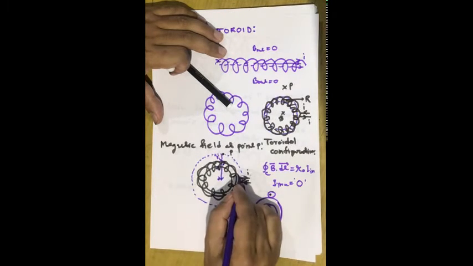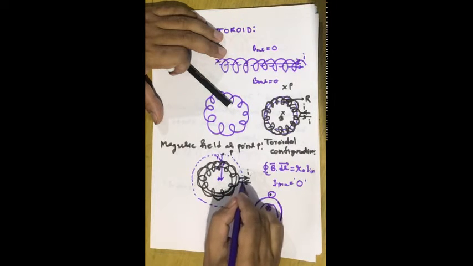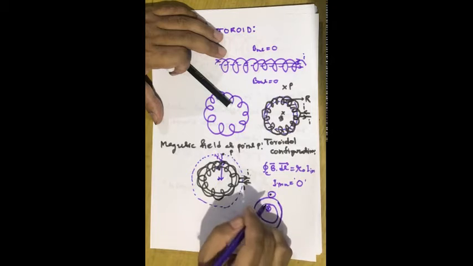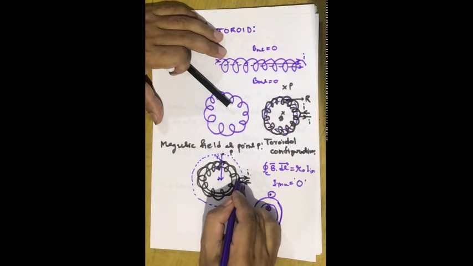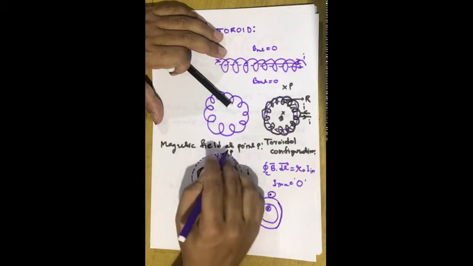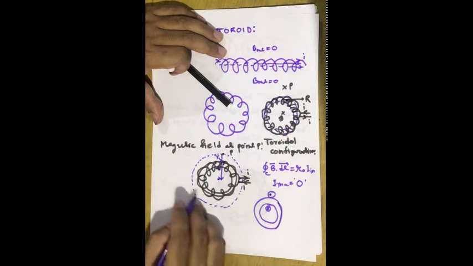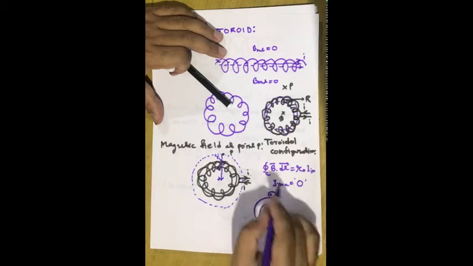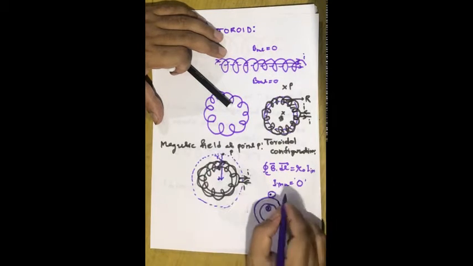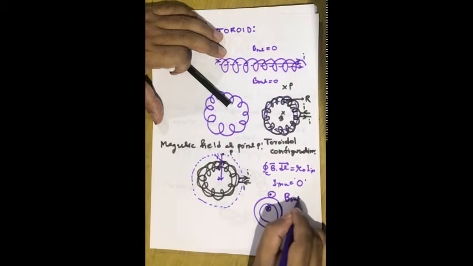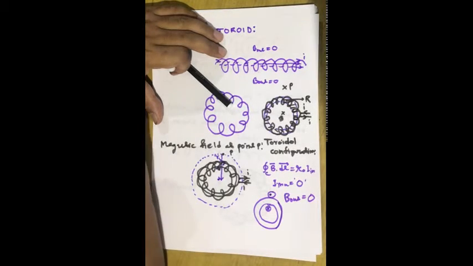Okay, you see this is the entry point of the current of the toroid, and this is the exit point, or conversely. So whatever current enters into the toroid surface will exit at this point. At this point, whatever current enters, it exits at this point. So the total current enclosed by this Ampere's loop will be equal to 0. That's why the magnetic field at any point outside the toroid, B outside, will be equal to 0. There will not be any magnetic field outside of the toroid.